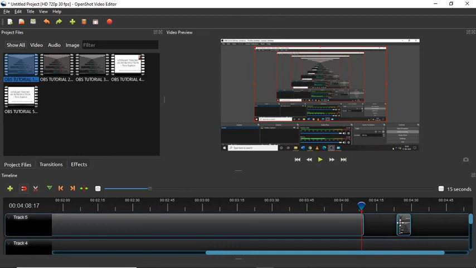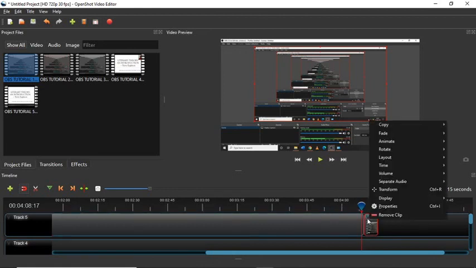What you'll have to do after that is that you shouldn't leave this gap. That's the point I'm trying to make here. You shouldn't leave this gap. What you could do is click on it so that it gets enabled, and then drag it, right, until it gets joined like this. Right now these two videos have joined, right. So when you play it, it will be continuous.